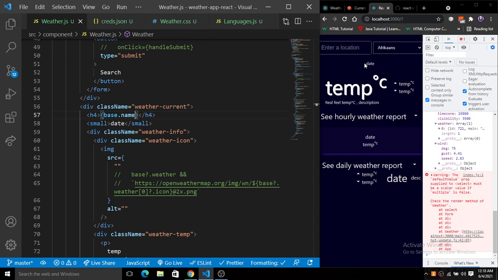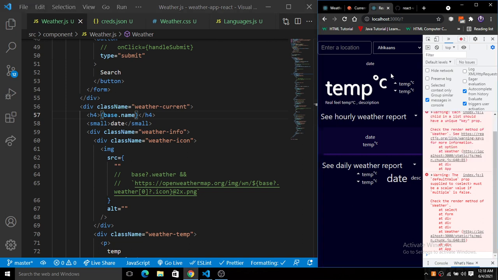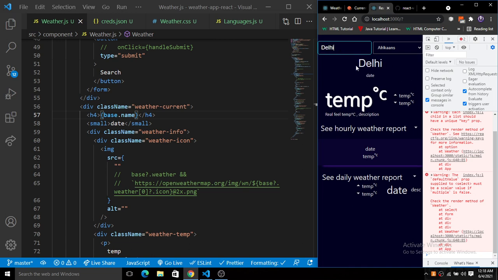You will see we have a name there also. Okay, let's refresh this. Okay, the name is not showing, I think. Let's put the name first of all here. So let's put Delhi. Here you can see the name is added. Now let's put another location, that is Chennai. Here you can see Chennai, but we just want to show the